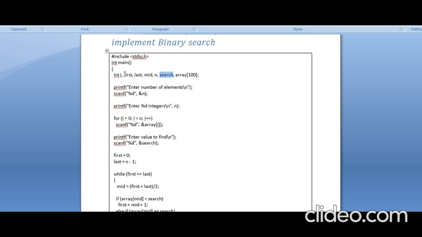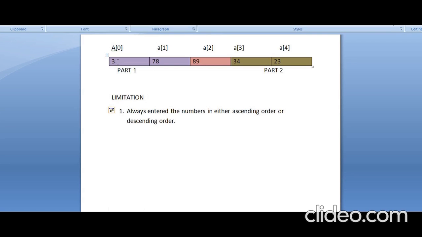Along with this I'm using 3 special variables which have a special meaning in this program: first, last and mid. First points to the first element in the list, last points to the last element. Here, first will be pointing to 3, last will be pointing to 23, and mid will be pointing to 89.